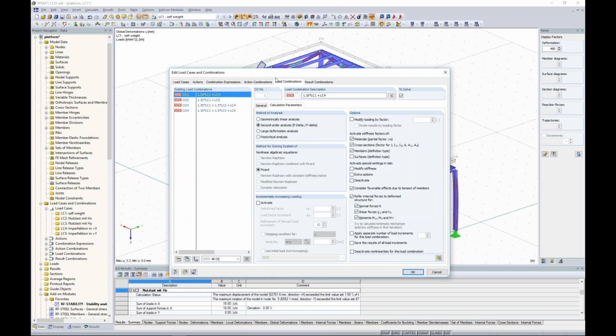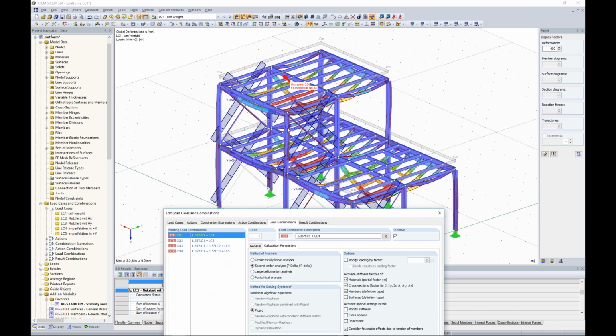So the reason could be that I have a problem in the model itself, or the model is too weak. Maybe I have to change the cross section, because if the model is too weak, then you're going to have high deformations, and in the end it's going to be unstable. But if you calculate according to first order, then you don't calculate the results on the deformed shape,